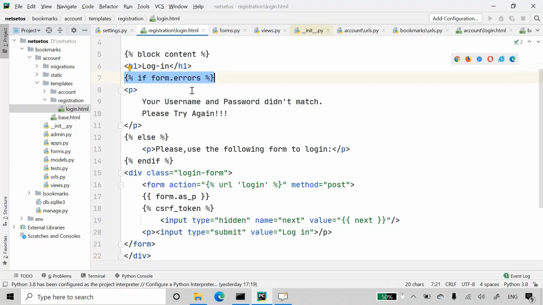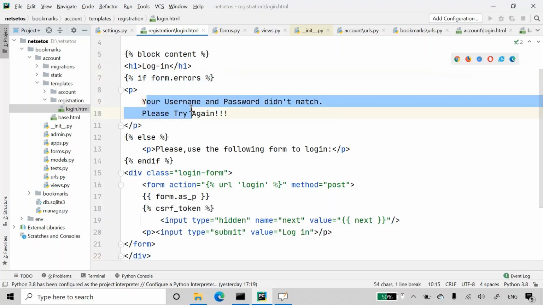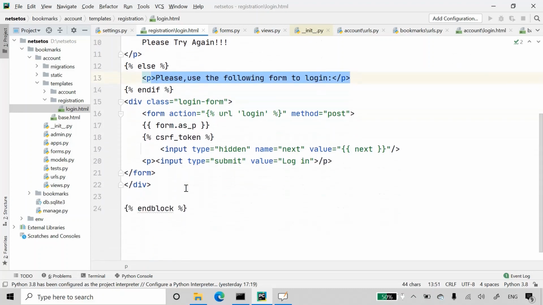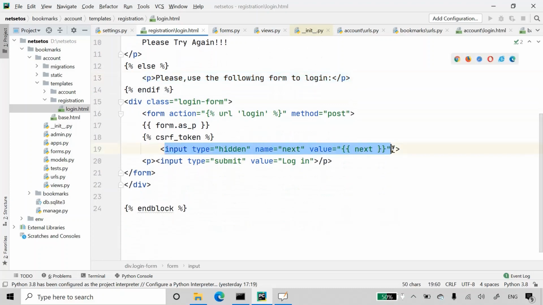It will go to form.errors and print your username and password didn't match. Please try again. And if it is correct, it will go to the else part and log in with our credentials.